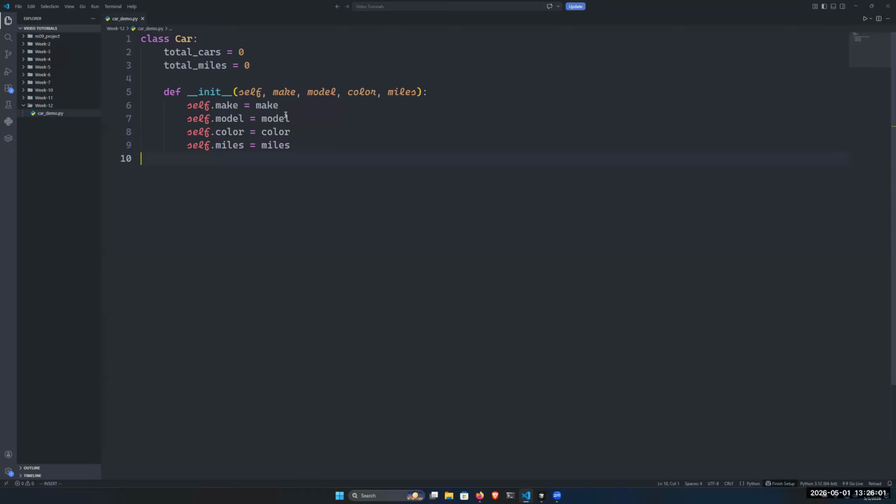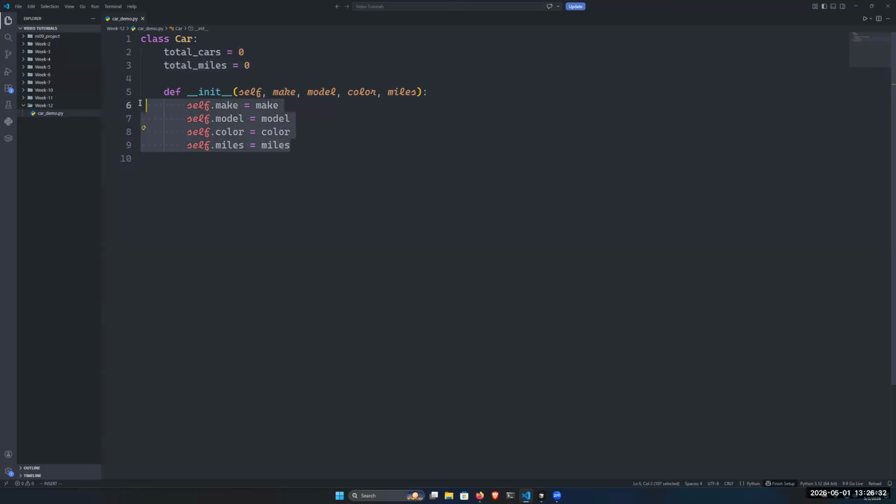That's all that this constructor is doing here. So if I create a Toyota, for example, that individual Toyota object will get its own make, model, color, and mileage. If I create a Honda, that object will get separate values that'll be applied to it. And so all of these are known as instance variables because each individual car object has its own copy of these specific variables. Whereas above, these are class variables that are shared amongst all of the cars that we create,